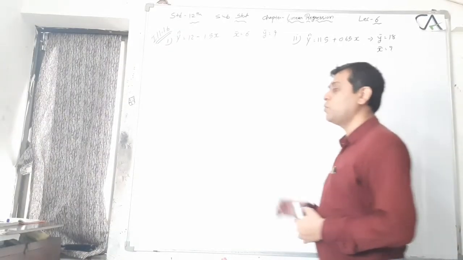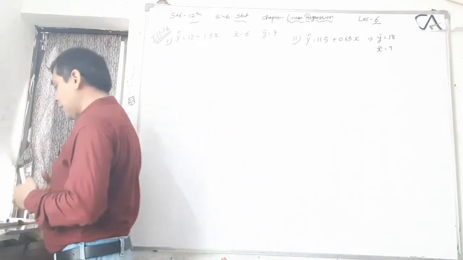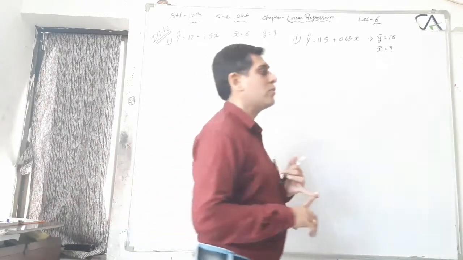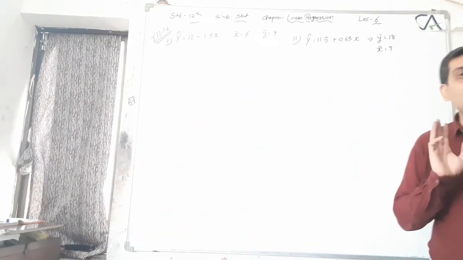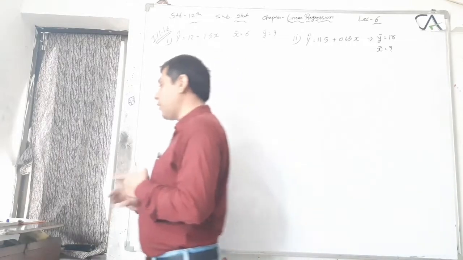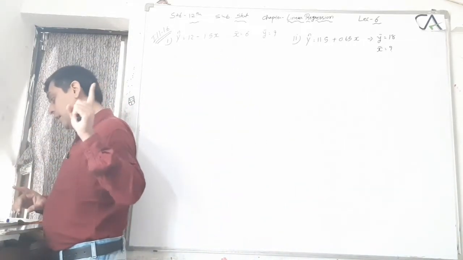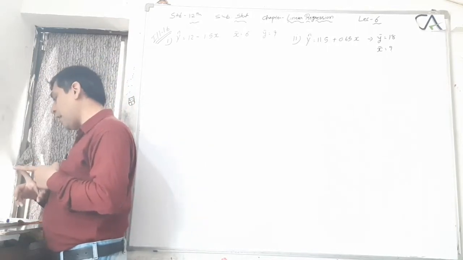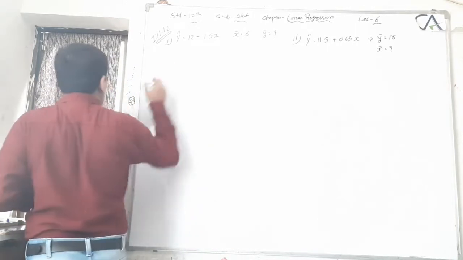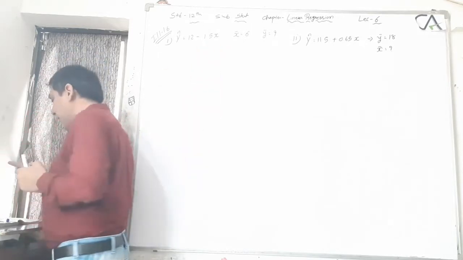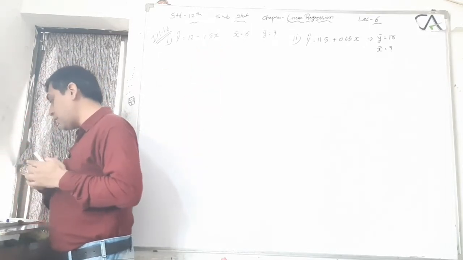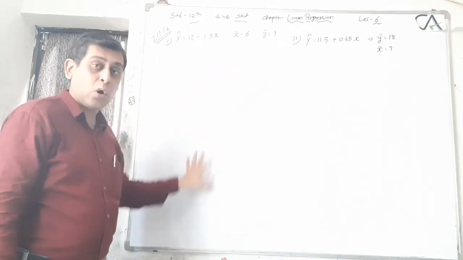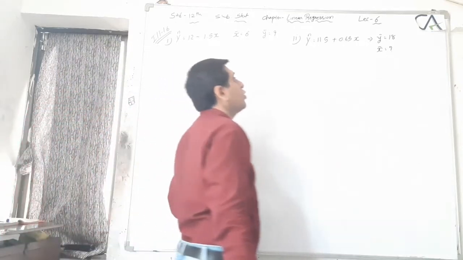Okay guys, now move forward to illustration number 16. Read the question first. These are the short sums. It will be asked in 2 or 3 marks. Illustration number 16, part 1: if the regression line of y on x is y cap is equal to 12 minus 1.5x, and x bar is 6, then find out the y bar. Only one part is asked in 2 or 3 marks.